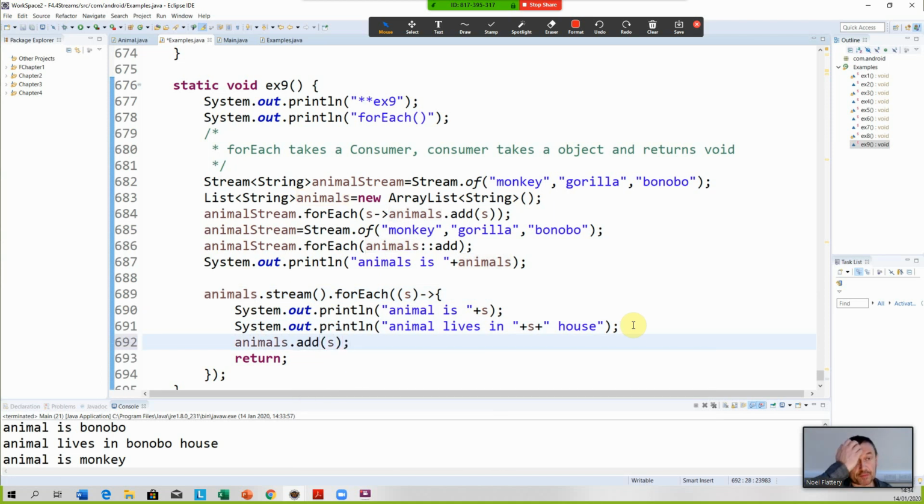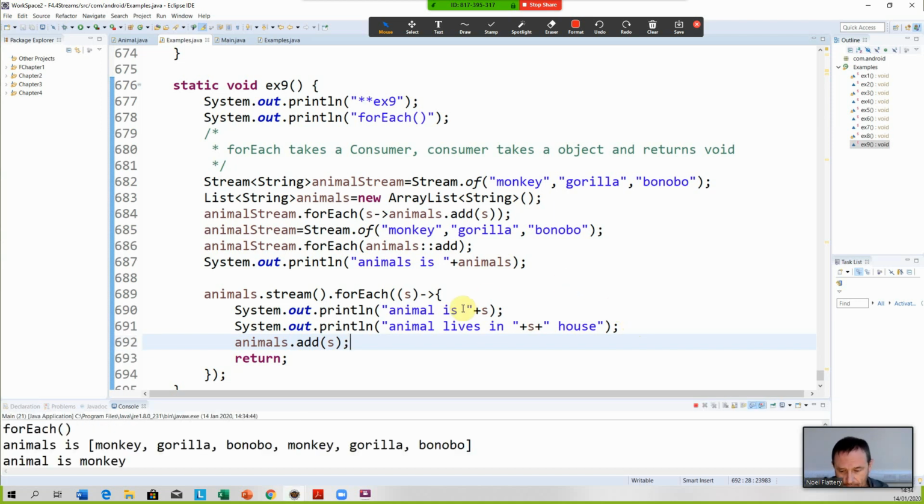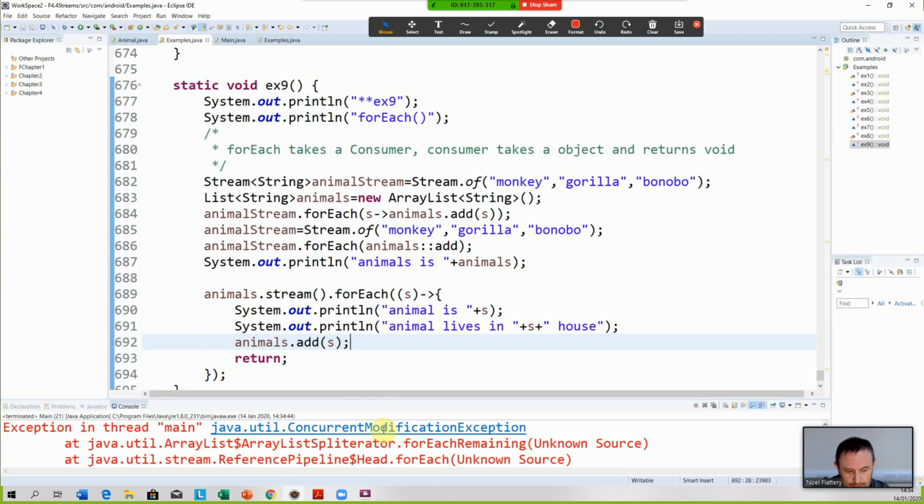Now, it might look like it works, but I should be getting a concurrent modification exception. If your stream is based on a list, meaning animals.stream, it's very easy to produce a stream from any collection object. So if your stream is based on a collection object, you can't access